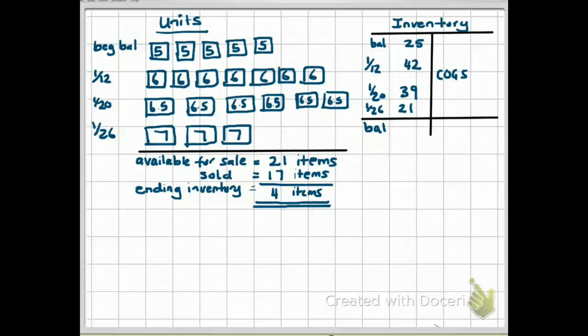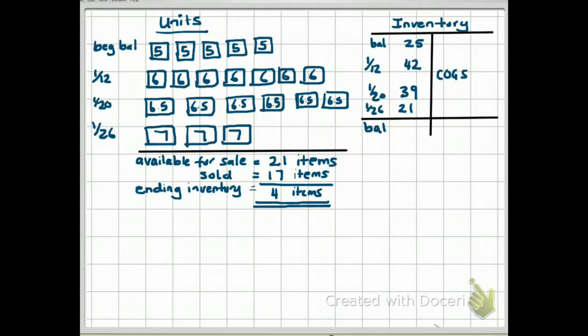Let's continue with the example that we talked about earlier. I had given you information on our beginning balance of inventory, units, as well as costs. And we've figured out that we had 21 items available for sale. We sold 17 items and we had 4 items in our ending inventory. Now, our dilemma is how do we figure out what the cost of goods sold is and our ending balance